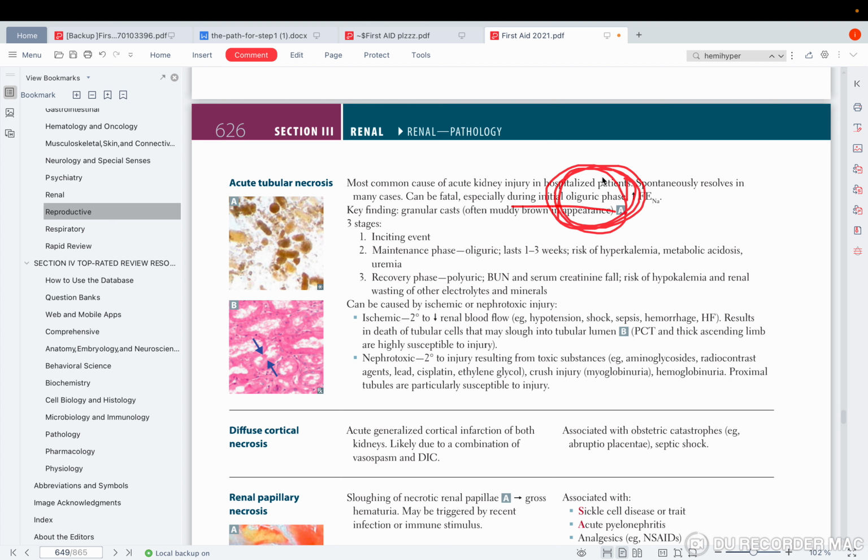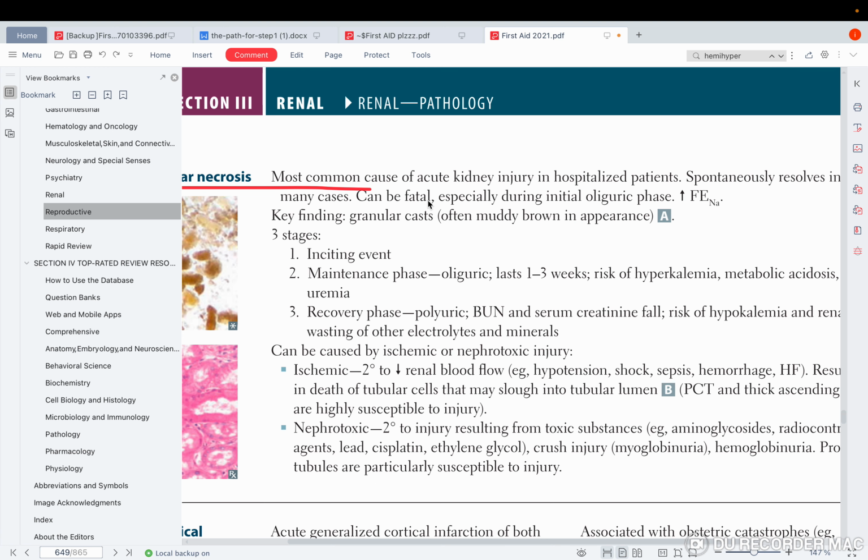So especially during the first phase, your kidney is totally dysfunctional. So it will not be able to excrete anything. If it is not able to excrete anything, we call it the oliguric phase. In the near future, I will tell you that kidney failure, acute tubular necrosis, has 3 stages. It has the initiating event, the maintenance phase, also called the oliguric phase, and the polyuric phase. And we will see why. So to start with,